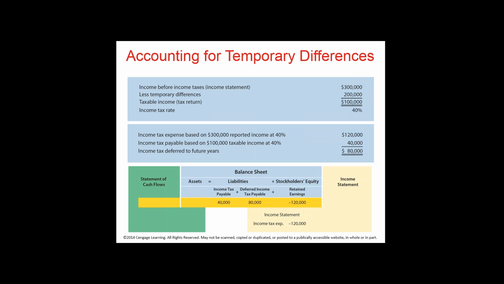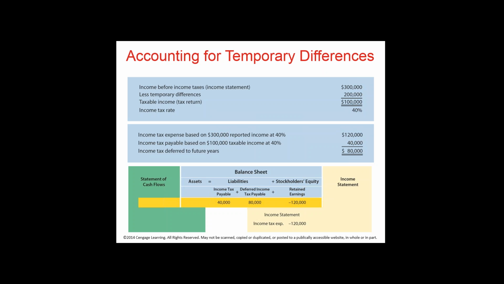We're going to write a check. Excuse me, let me back up here a minute. We're going to have income tax payable of $40,000. That's a liability. We're going to owe it. We're deferring some of that, so we're going to have a separate line item or a separate column for deferred income tax payable of the $80,000, because we know that although we're not going to owe it now, we are going to owe it in the future. We're deferring it to a future period.